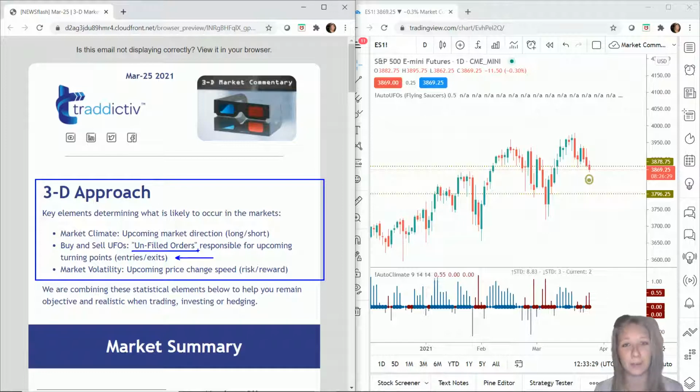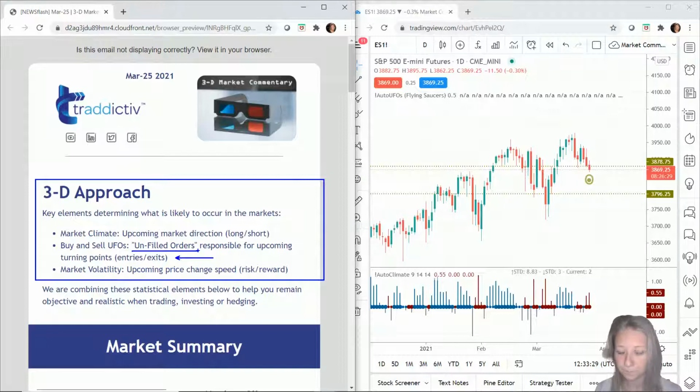If there's loads of sell orders in a market that are waiting to be filled, we want to sell at that point. Because if there's lots of selling going on, it's more likely to beat the buying and push it downwards. And again, we want price to go down after we sell. So we want to buy where loads of other people are buying, and we want to sell where loads of other people are selling, so that we have more probabilities of it going in the direction we want it to go in.